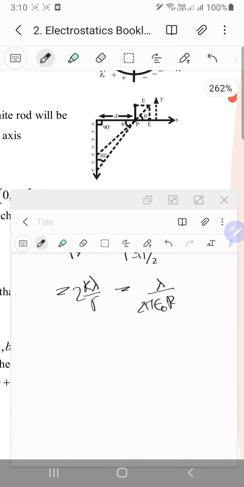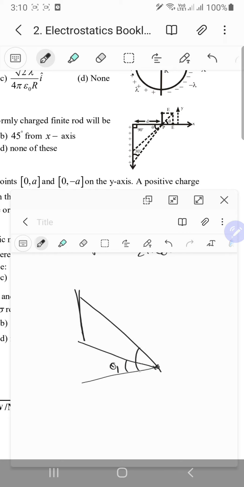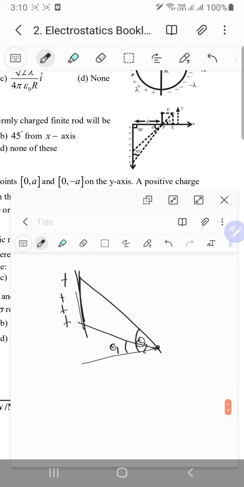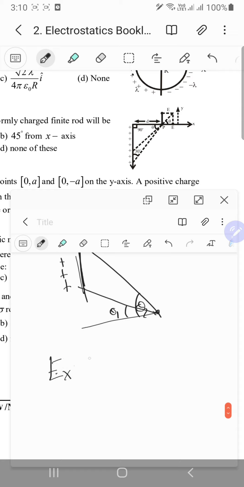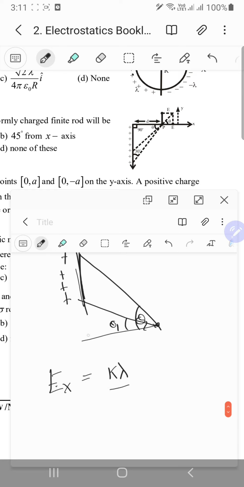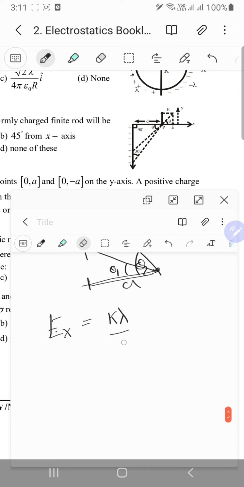Hey, in fact, we got a formula for this thing, right? So whenever you have a situation like this, say this angle is like theta 1 and this complete angle is theta 2. It is a uniformly charged rod, and you want to find the field at this point. Well, the horizontal field, its magnitude is given by k lambda upon whatever distance this thing is. Call this a. In this case it will be d, I think. Yeah, so k lambda upon d